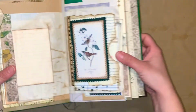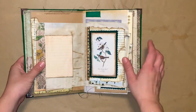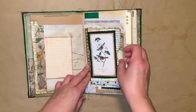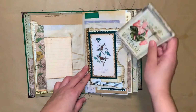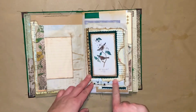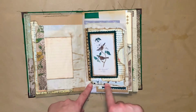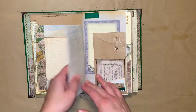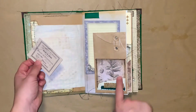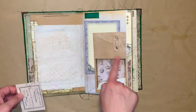I love this page. I love that image. That is from Artie Mays Spring ephemera pack. There's a pocket there. I did some collaging here with some washi tape, book pages, and music paper, printed music paper. And then here I saw a video by Gayle Agostinelli, and she made these with